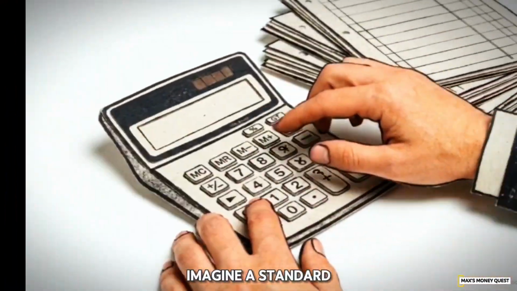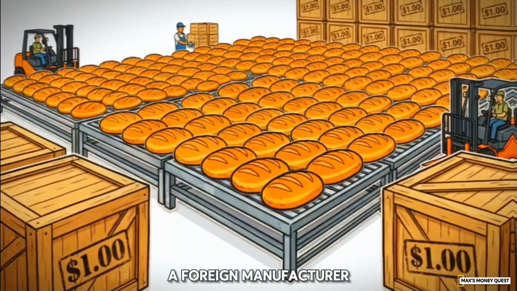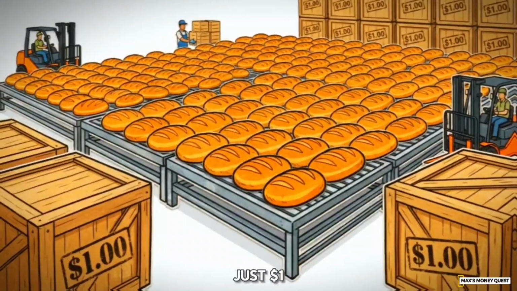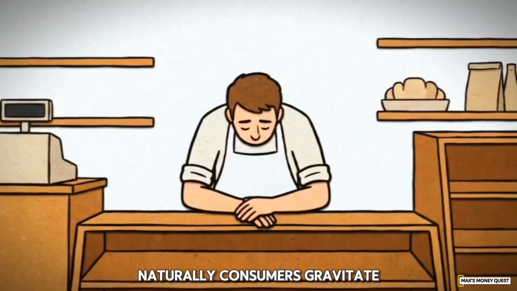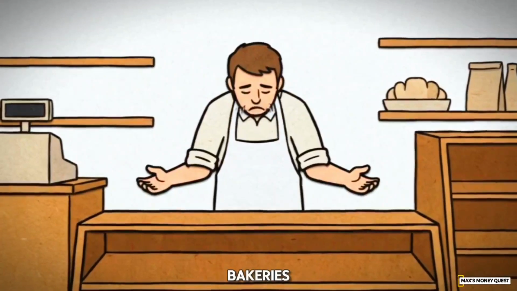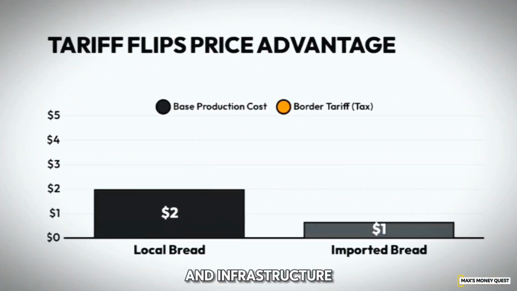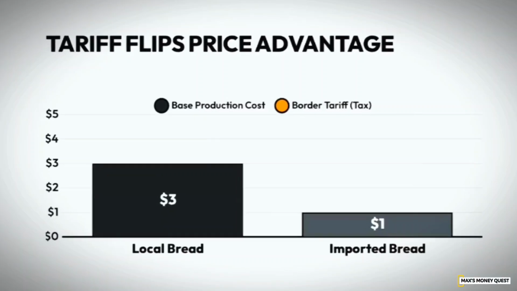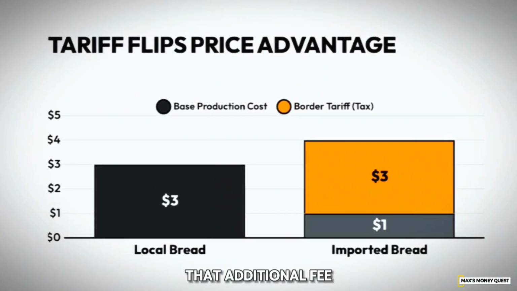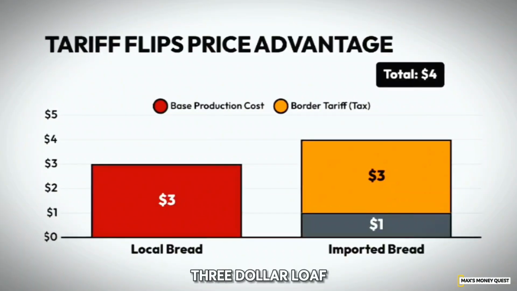disadvantage. Imagine a standard loaf of bread produced domestically for $3. A foreign manufacturer, leveraging lower costs, can export that same loaf for just $1. Naturally, consumers gravitate toward the cheaper option, creating an immediate crisis for local bakeries that cannot cut prices low enough to compete. To protect local jobs and infrastructure, the government steps in. They apply a $3 border tax to the imported bread. That additional fee drives the retail price of the import up to $4, making the local $3 loaf the more